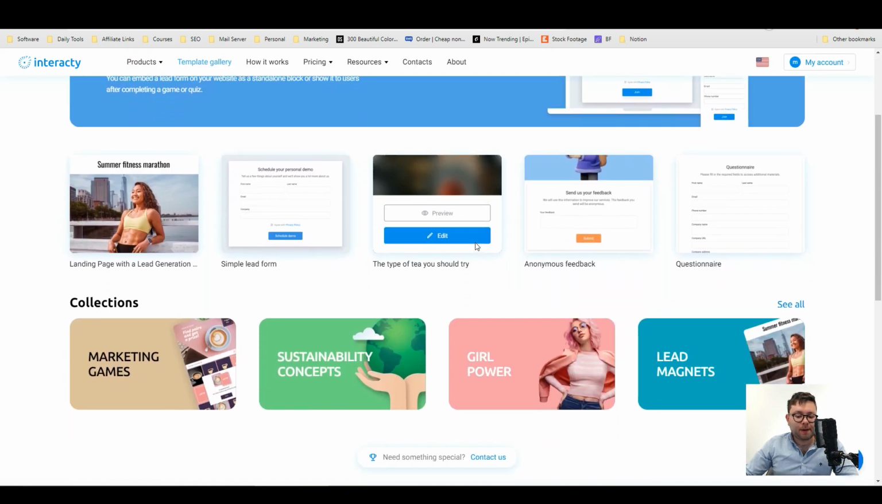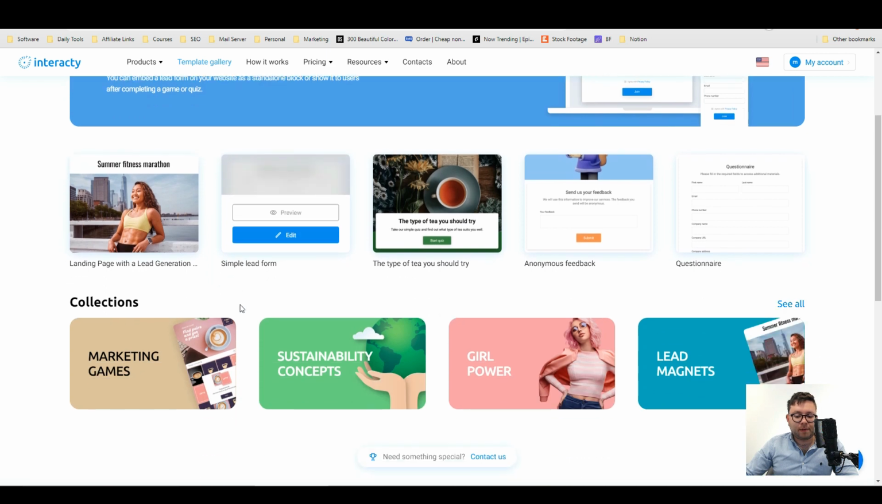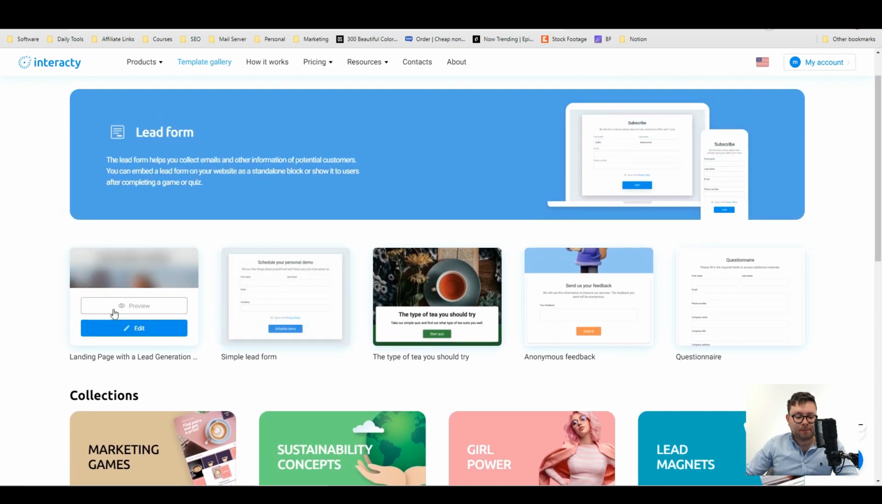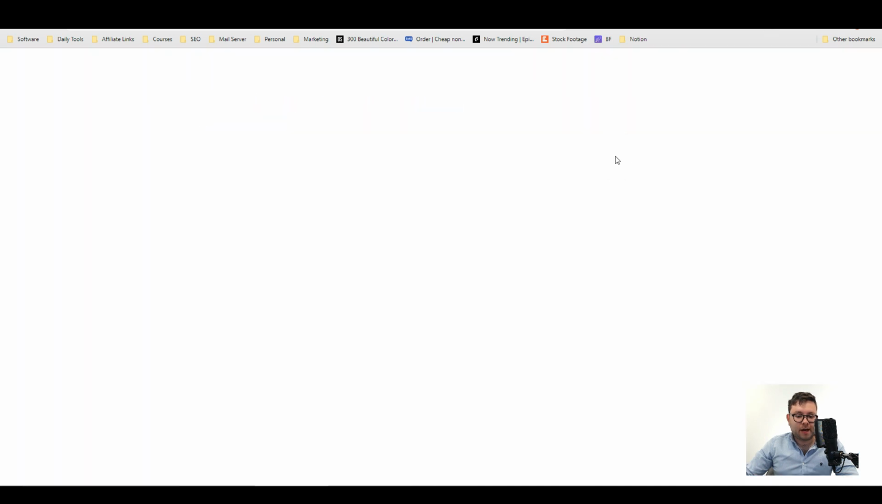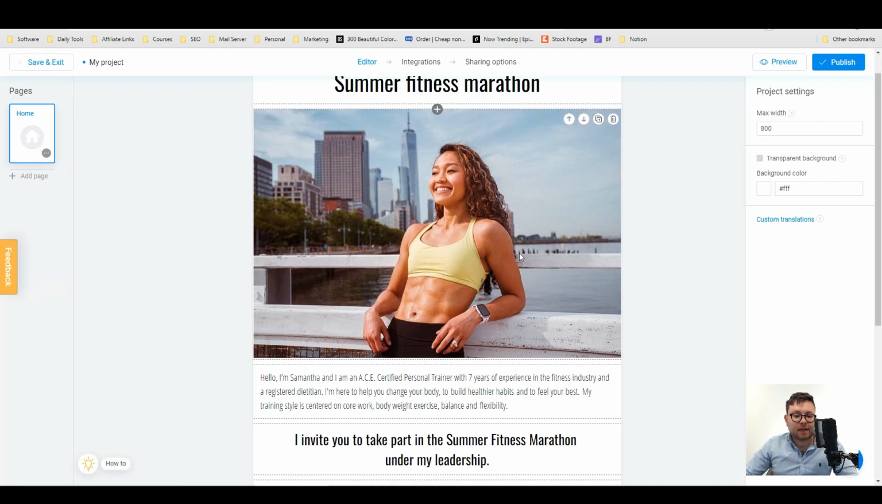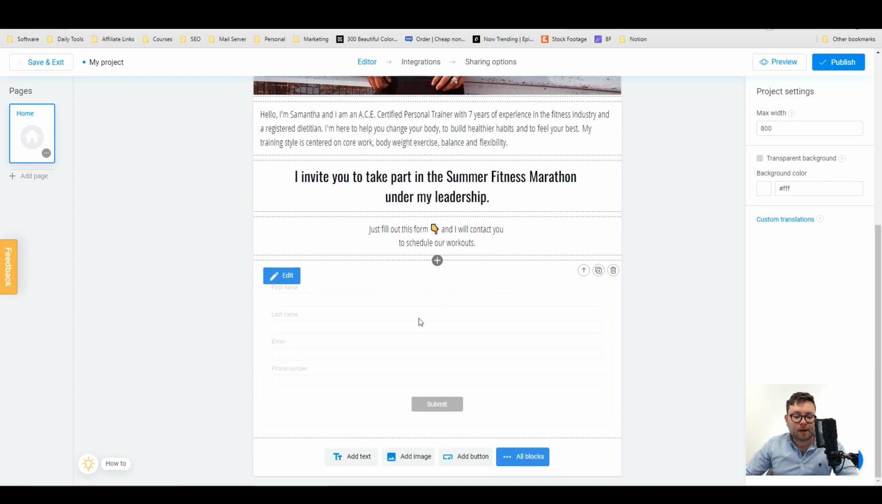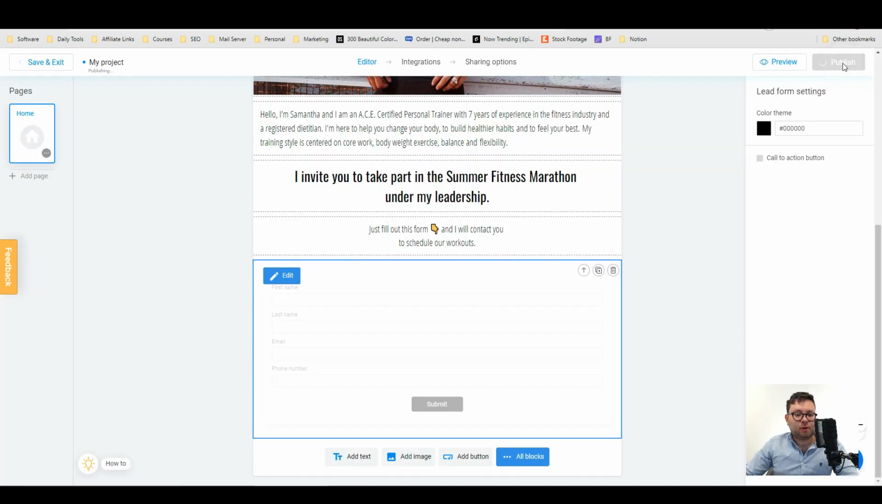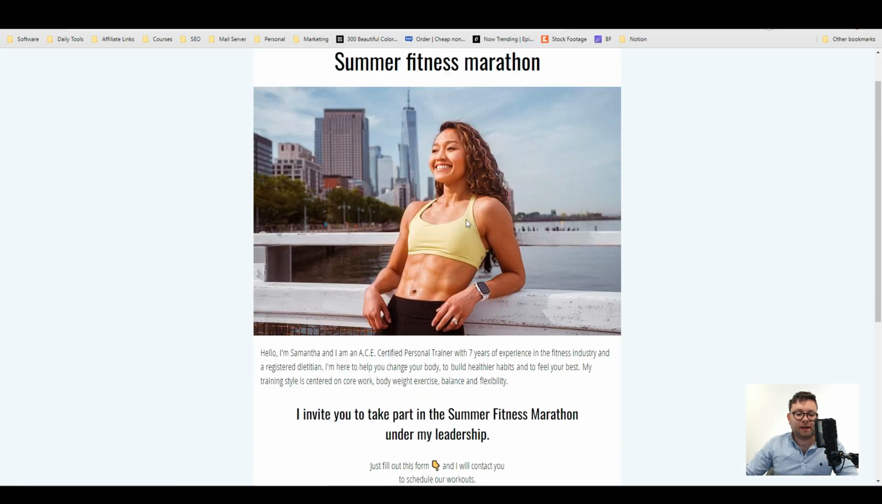If you're looking for something a bit more business-like, under the lead form category, you have tons of templates as well. Let's go ahead and do this landing page with a lead generation. We're going to do use layout, and just like previously, it shows the exact same interface where you can customize, and here's the form that you can get people to fill out. When you're done, go ahead and do publish, and once again, share the link, and this is what it looks